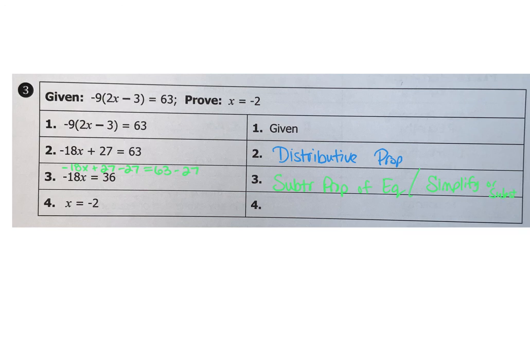All right. What's my last step here? I have negative 18x equals 36. What do I do? Divide both sides. And again, on your test, you need to add this little guy here. Divided by negative 18 equals 36 divided by negative 18. That is division property of equality. And they also simplified or substituted in. Easy enough. All right, so on yours, go ahead and finish the